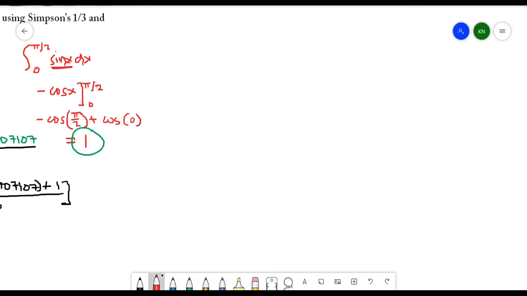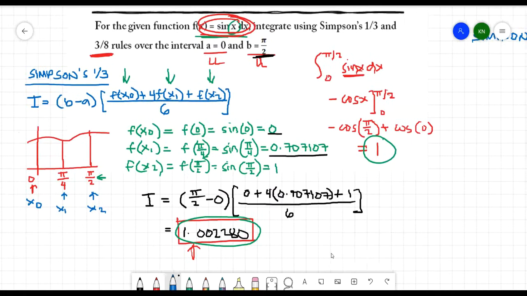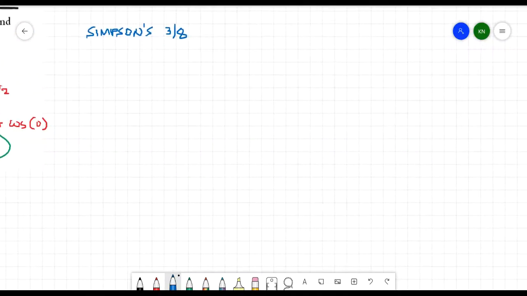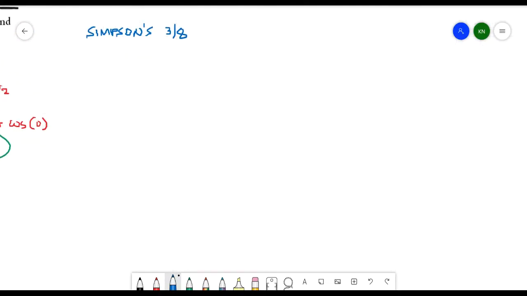For the Simpson's 3 over 8 rule, we again have the function sine x dx. And the Simpson's 3 over 8 rule has the equation I is equivalent to b minus a